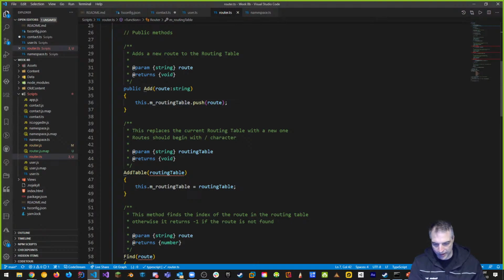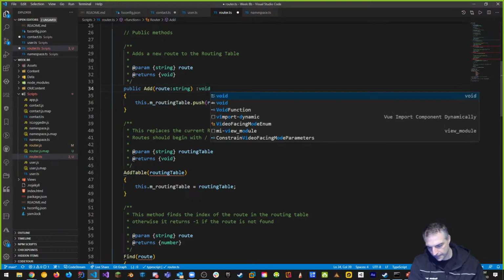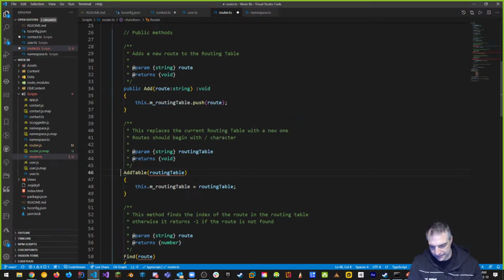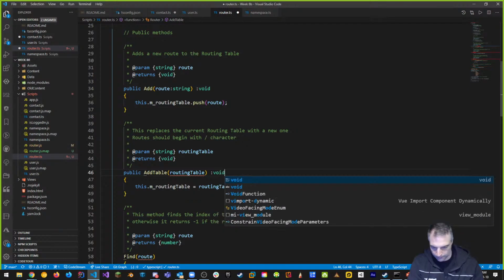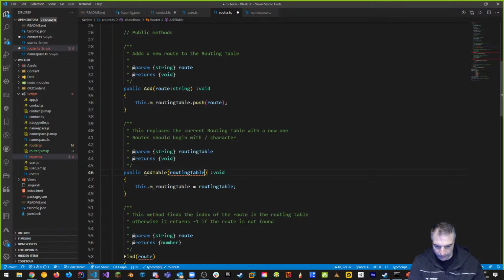Okay, how about add table? So this is public add, it returns void. But how about my add table? This is a public function, right? And it returns void. But the routing table is a string array. So we're going to take a string array, and we're going to basically make the string array get a reference from the string array that we get here, and pass the reference to the routing table.